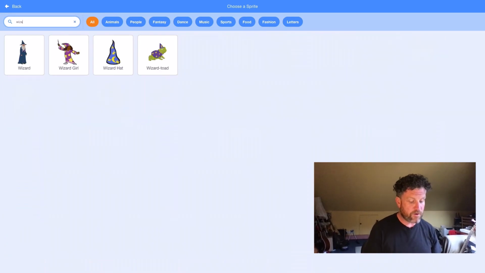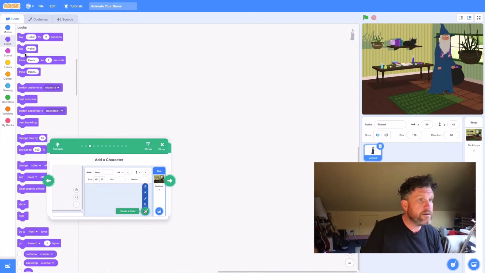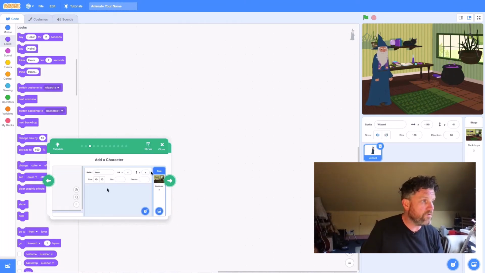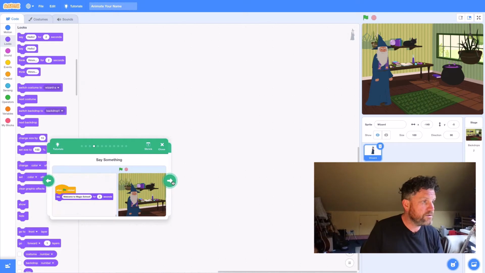But I'm looking for a wizard, and as you can see, I have a couple of wizards here. So I'm going to add in this guy. I'm going to put him in over there. So there he is. And then what I'm going to do is add a little program to the wizard